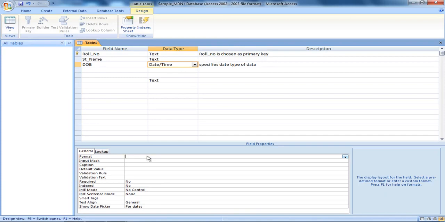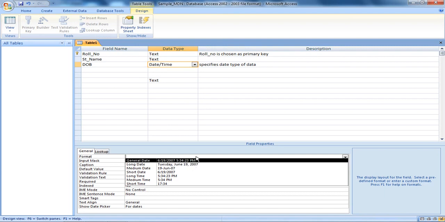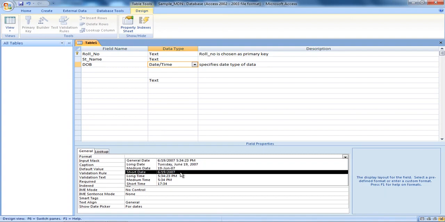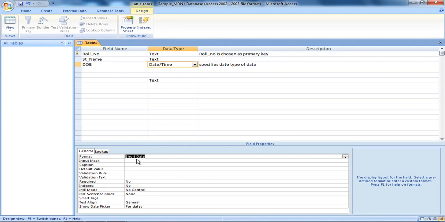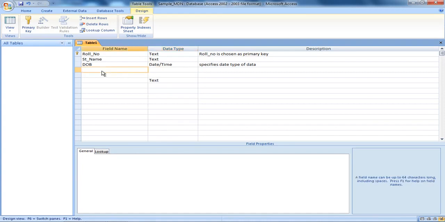Now in this case, when we are using date and time, obviously there is no field size option here. So for date and time, we will have the format, how you want to include the date and time, whether you want general date to be written like this, date, time, then PM, AM like that, long date like this, medium date, short date, how you want. I want short date, so it will be short date. When I am mentioning short date, irrespective of how you entered the date, it will be shown as short date.